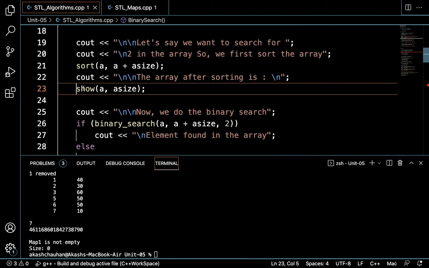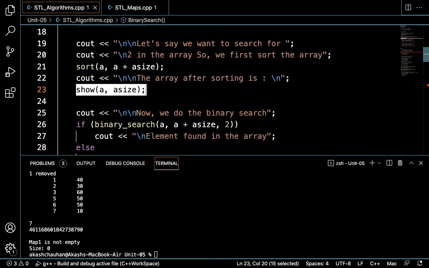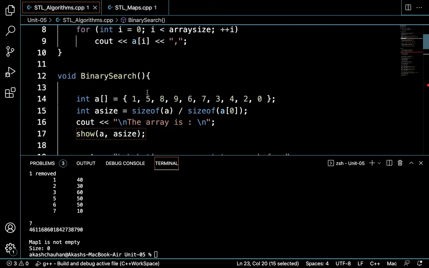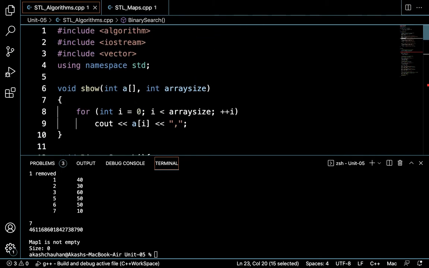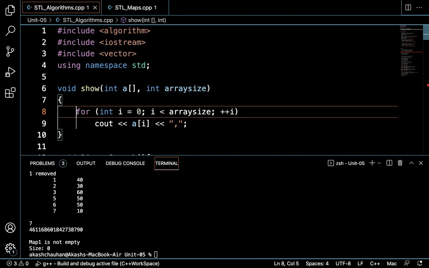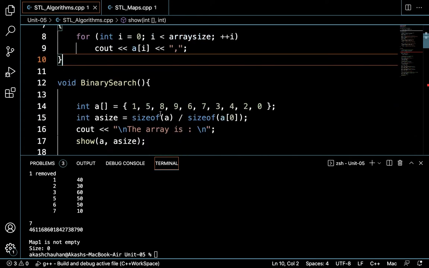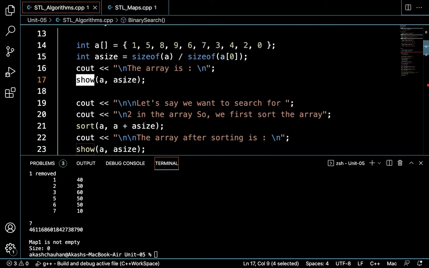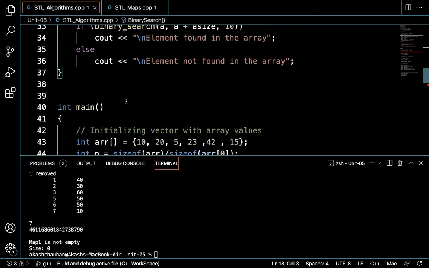So this show method, actually this is not a predefined method. I have created it, I forgot to tell you that. I'll show you the code. So if the show method will be called, it will have the array, the base address, and the number of elements, and it is iterating all the elements and printing with comma, okay. So this is not provided by algorithm, by mistake I have mentioned. So the show method I have created by myself. Let's come to the last part.